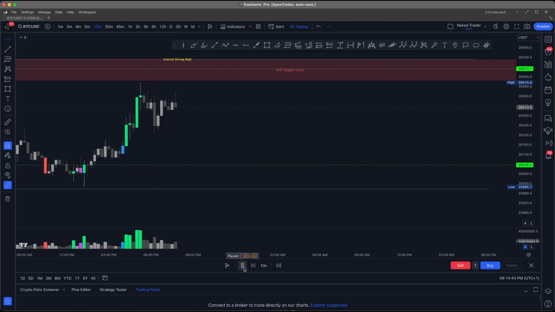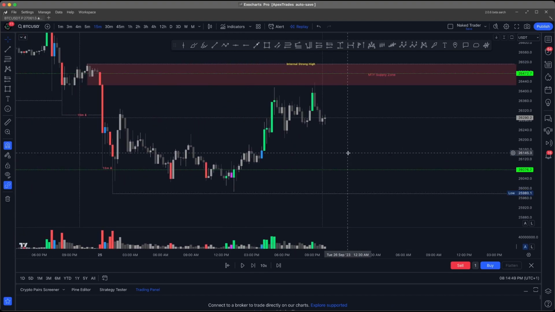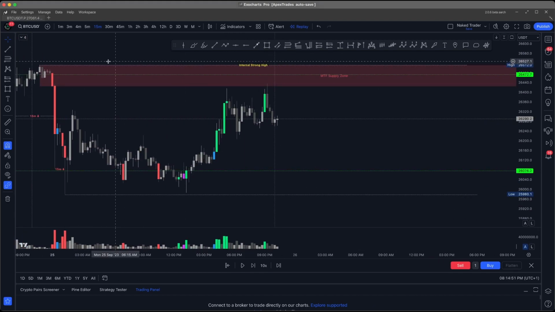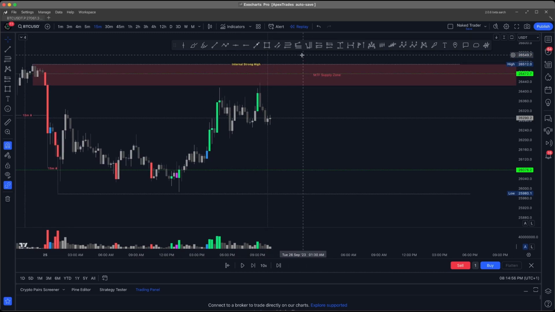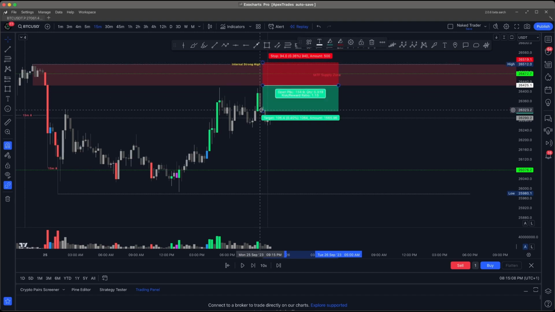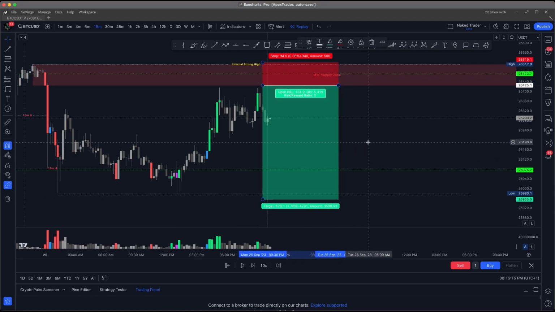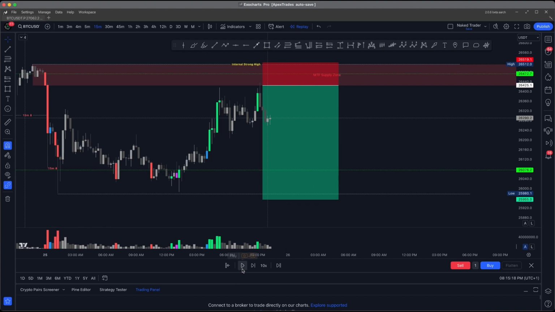Ooh, came very close. Okay, so we tagged it there, right? So we tagged the supply zone here, which we marked out from previous. And so the lazy way, right, is that, remember, it's just going in here. Oh, wrong one. Short position. So we got filled. And we're going for the 5 to 1, which is, I don't know, all the way down there, right? Something like that. We hit play.